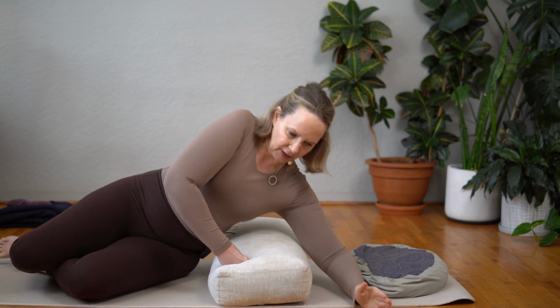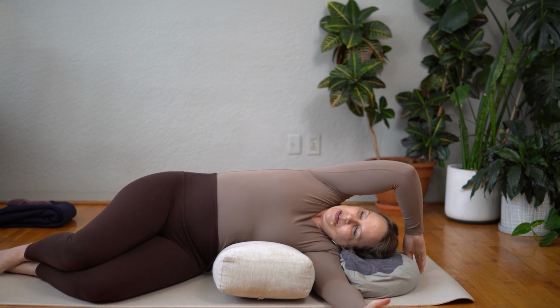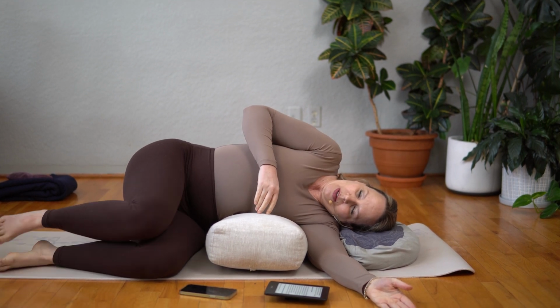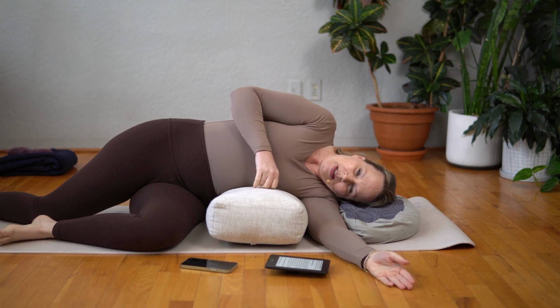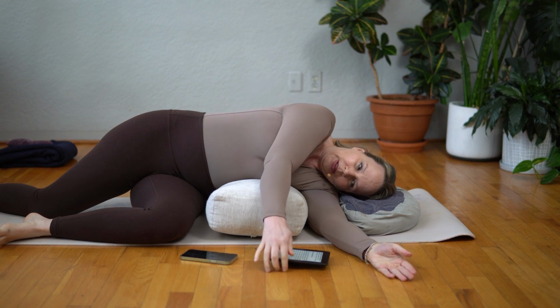So you set yourself up so your arm is in the moat. Your head is supported. You can have your arm overhead. You can have your knees bent. You remember, you want to be comfortable. You can have your legs long, which is going to be more. So look after your body today. You could have your bottom legs bent, your top legs straight. Okay, so